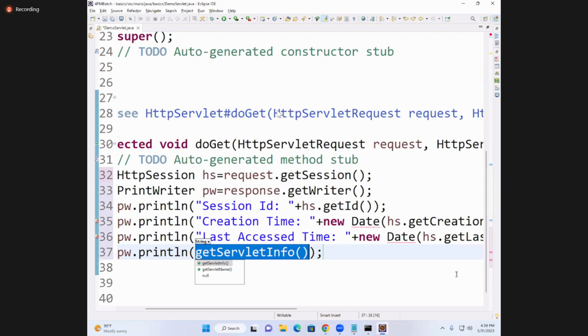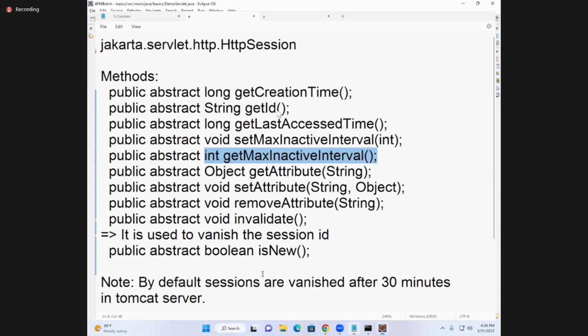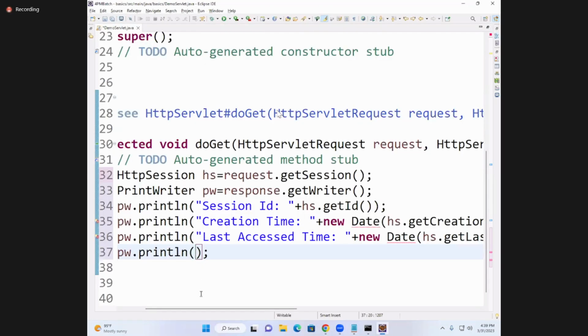Now suppose by default some time interval will be there. It is over, this is over, this is over. This is setting time interval. Okay, that we will leave. Getting time interval, I want to print. Now here, time interval is